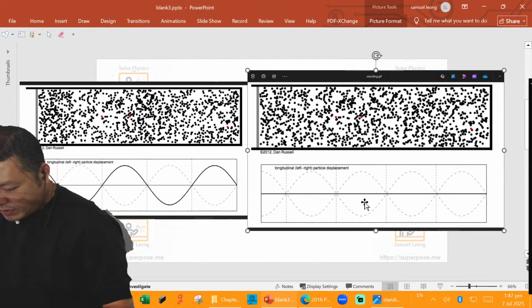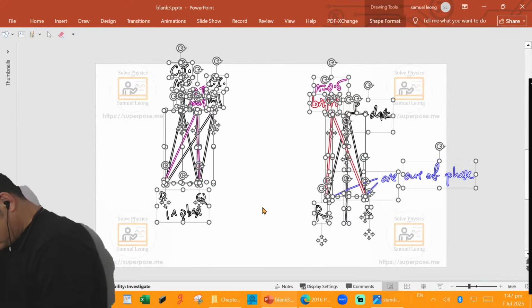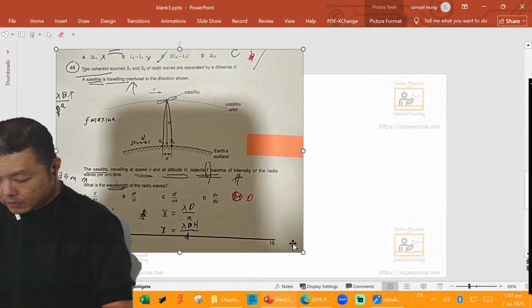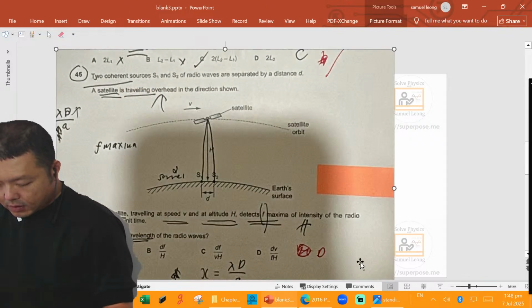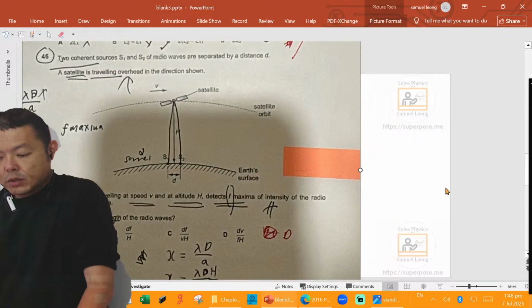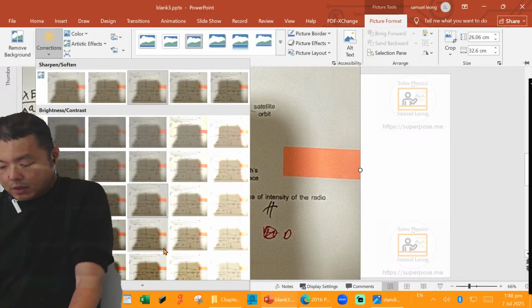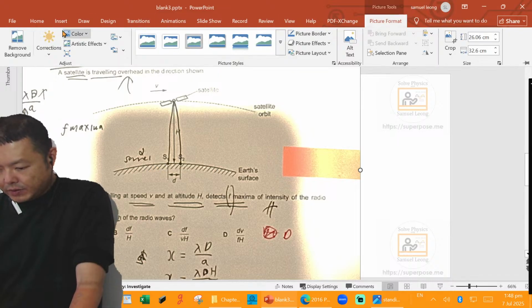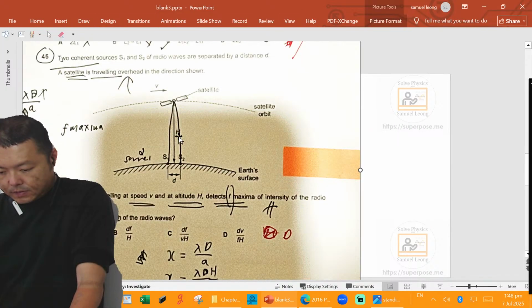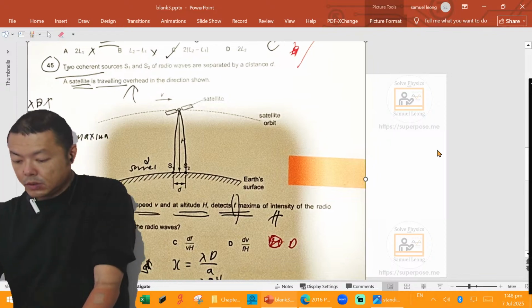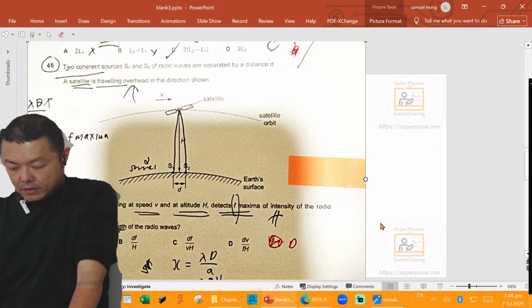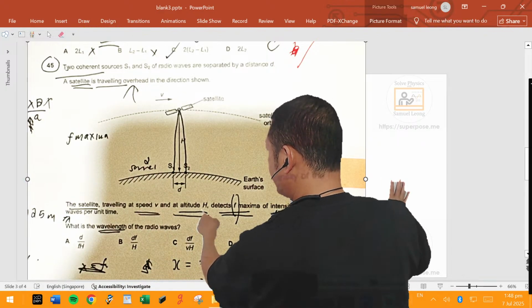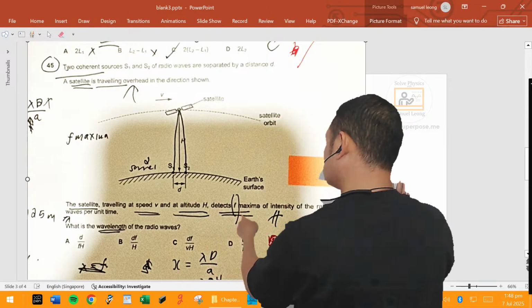Two coherent sources. Ugh, the color is very off. S1, S2, traveling overhead at speed v, altitude h, detects